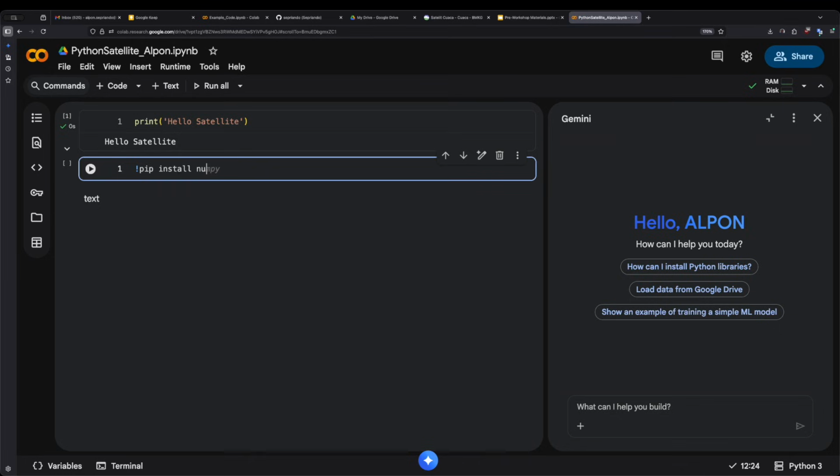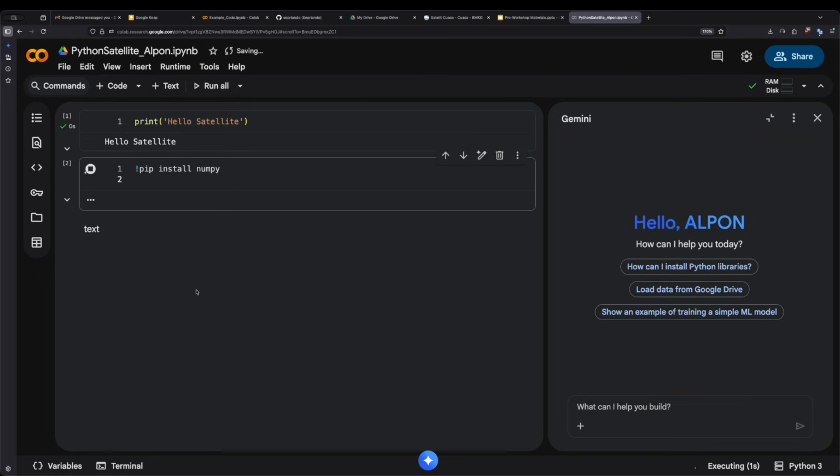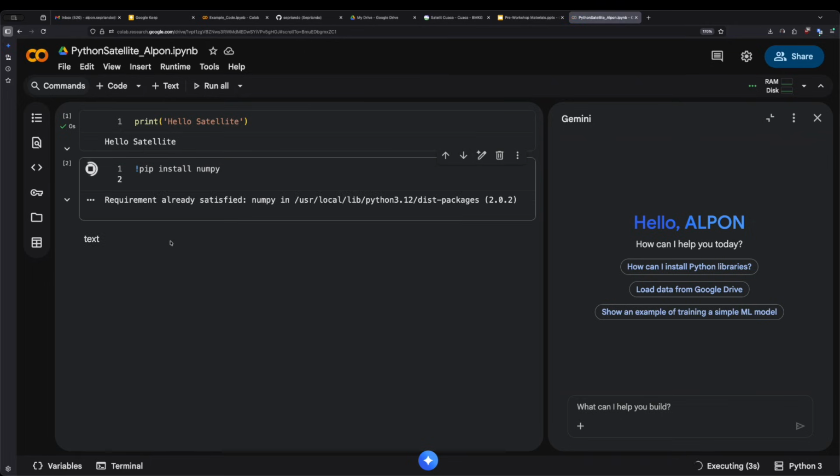For example, I type pip install numpy and run the script. We get requirement already satisfied. It means NumPy is already installed in Google Colab.